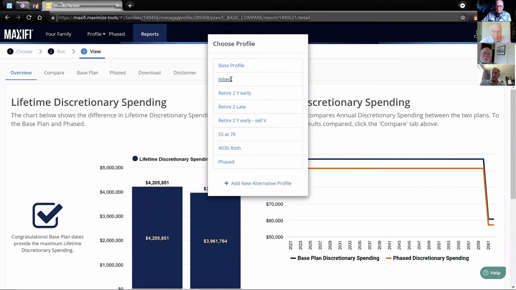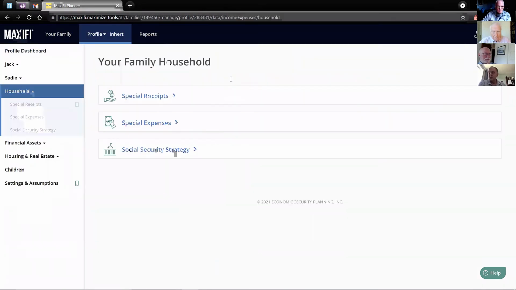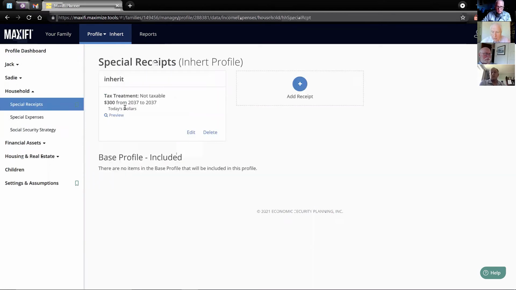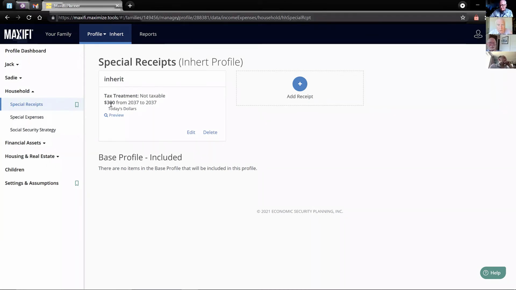Yeah, that's a good question, and it's just the corollary to special expenses. It's called special receipts, and I actually did one of those the other day, where I gave him a $300. That's not much of a lottery winning, is it, Mark? But even with $300, MaxiFi is going to detect and change. I think it changed their discretionary spending by $7 a year every year of their life for the rest of their life. Now, if that was 300 or 3 million, the differences would be more dramatic. But no matter how trivial or how dramatic, you can enter,